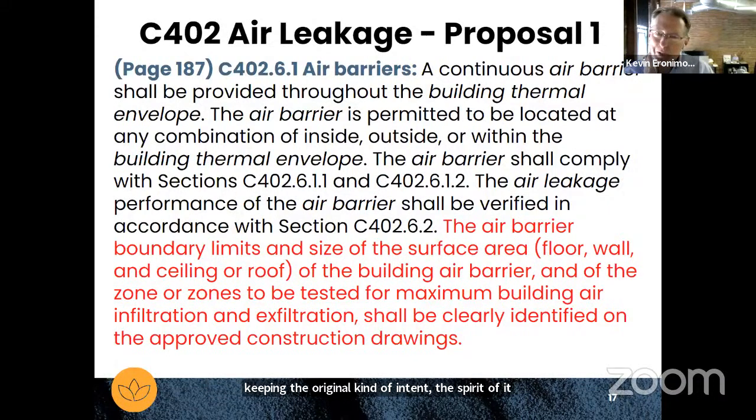That's kind of what I'm trying to think. I don't want to wordsmith it by committee, of course, but it might be saying the boundary limits and size rather than enumerating all those individual areas, because I feel like that's work that the testers have to do anyways, and indicating graphically where those are rather than quantifying all that data might be a good middle ground. I put in the chat, I support the intent of this. I just want to make sure we don't get a ton of scope creep out of it.